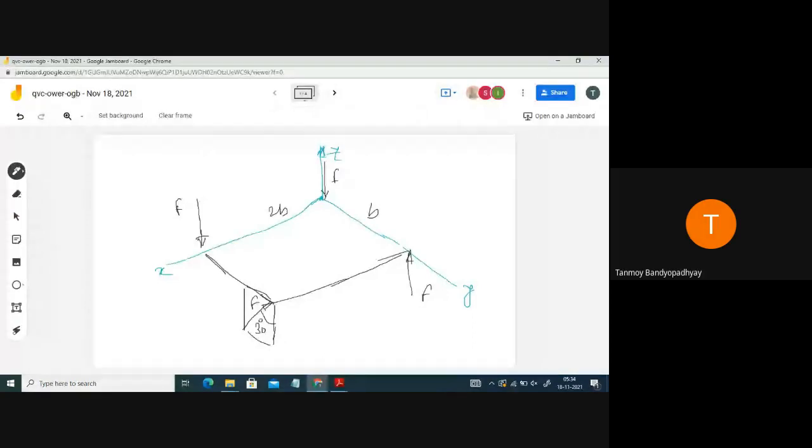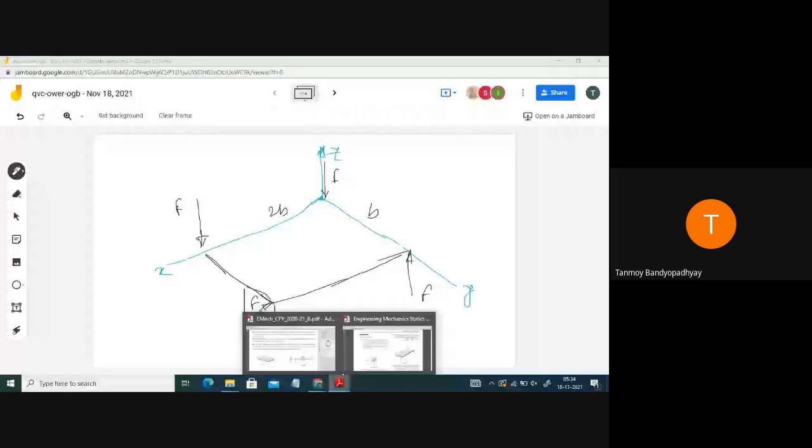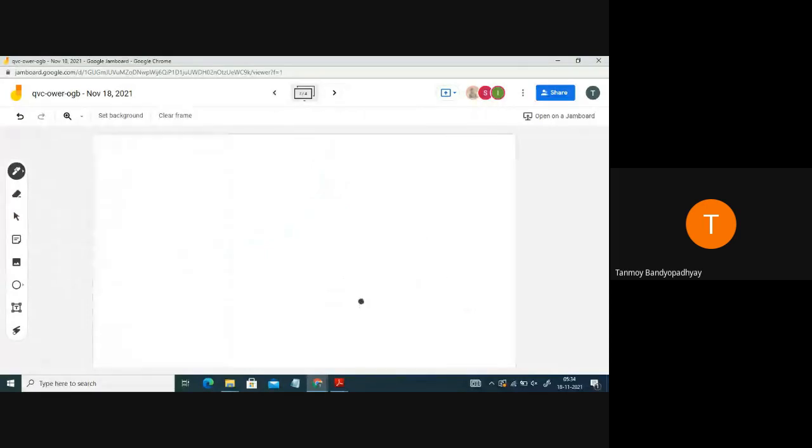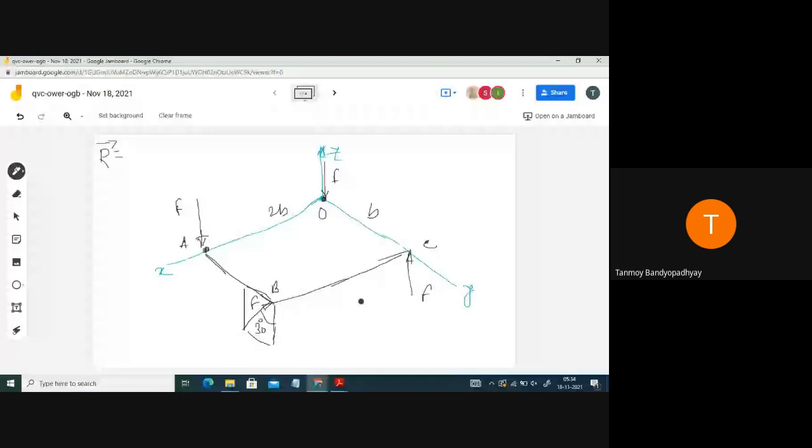Initially we have to calculate the resultant force. So let's calculate the resultant force vector R. Let's name these points, because you have to calculate the moment, so it's better that you name the points. Vector R should be equal to F_A plus F_B plus F_C. F_A is actually minus F k cap. Correct?